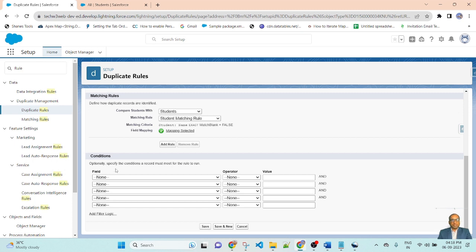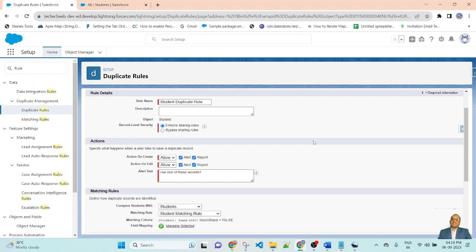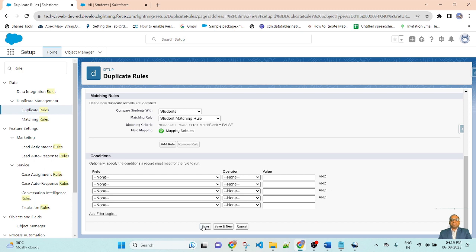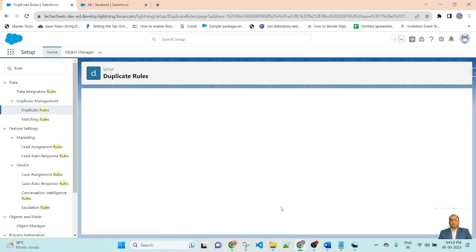Optionally specify the condition a record must meet for the rule to run. If you want to bypass some of the condition, you can put it here. For now I am leaving it as it is. First time I allow the duplicate rule, so it will show the message as an alert. This is a duplicate, but the system will allow it. So let me save